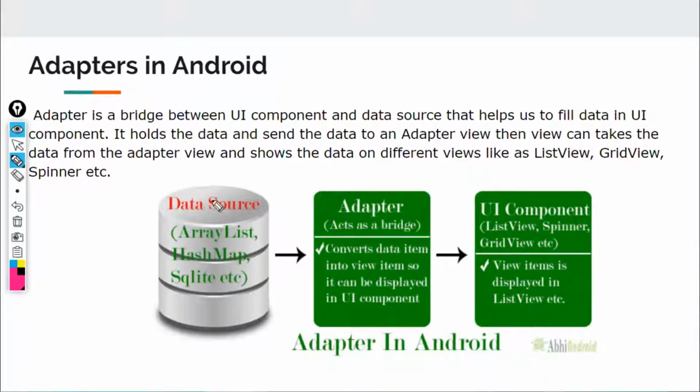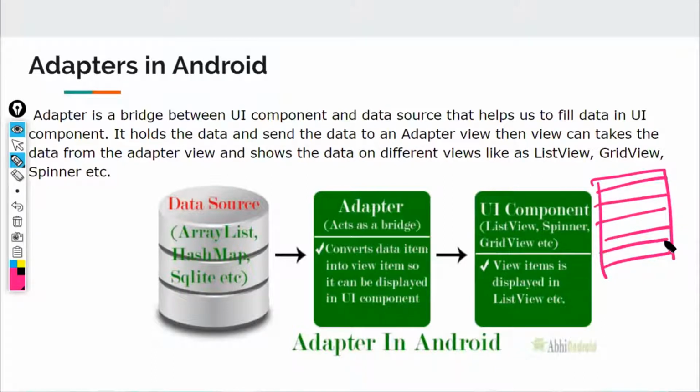What happens, guys, actually is this is your list view. Consider this as an empty list. There's nothing there on this list view. When you add a list view, something like this will be added to your screen, which is nothing but a list view which is not having anything in it, just vacant fields. Now, let's say I'm having some students out there. Let's say X, Y, Z, A, B, C. These are the names of students which are stored in my data source.